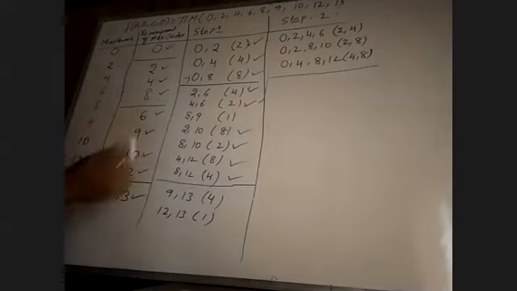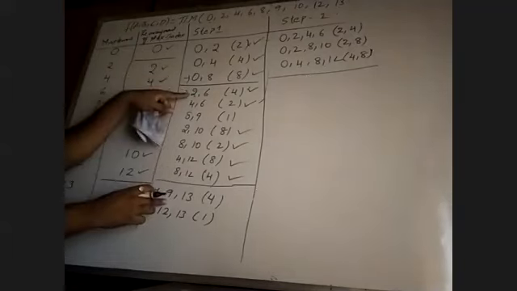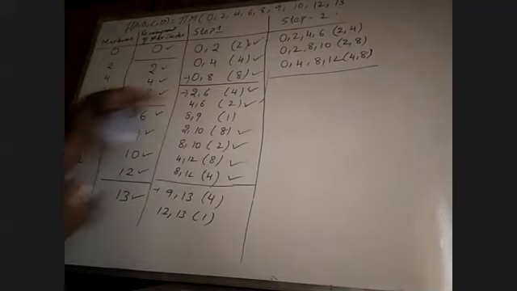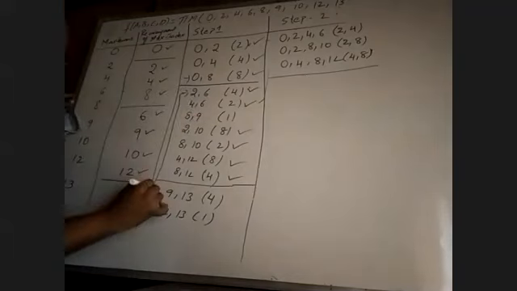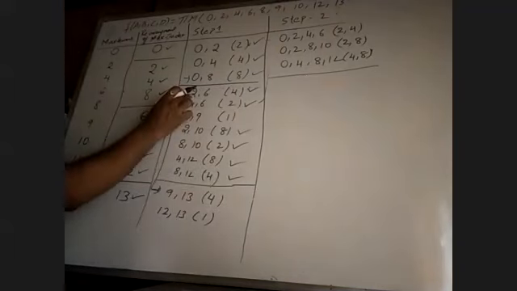We have a 4 difference here. 4 and 4 are equal, but compare 9 minus 2 and check. This difference should also be in powers of 2. 9 minus 2 is 7. It is not a valid comparison. Look carefully, I am comparing this with this now. Even though the differences are identical, the difference of this 2 and 9 is 7. It is not in the powers of 2. Therefore it is invalid, and we cannot make a comparison with this 4. Let me look at another 4.